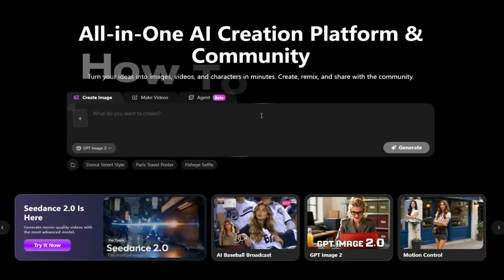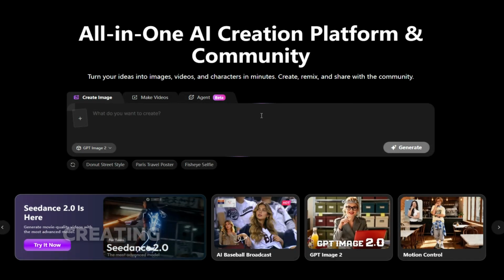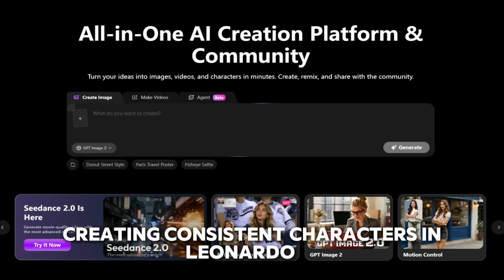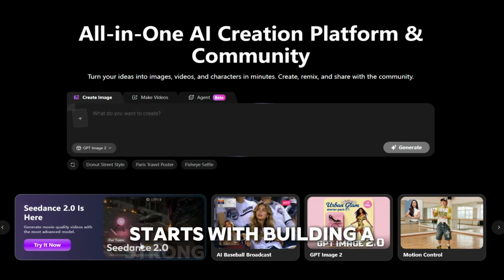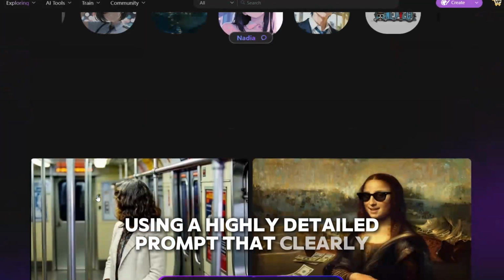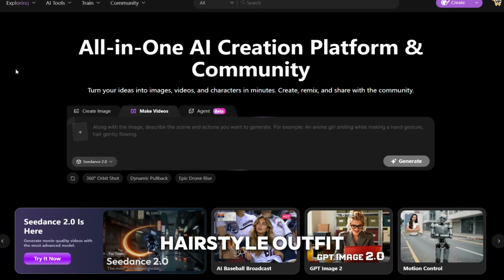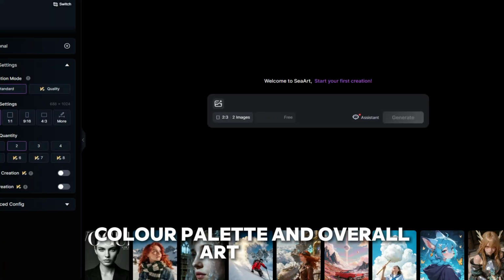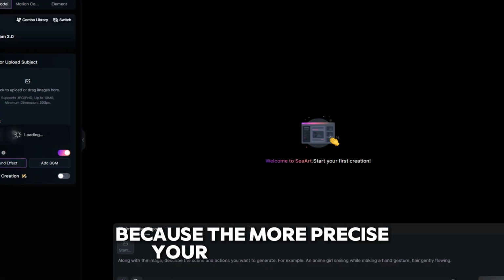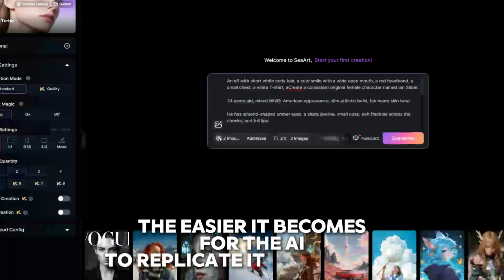Today, let me show you how to create consistent characters in Leonardo AI. Creating consistent characters in Leonardo AI starts with building a strong base character using a highly detailed prompt that clearly defines facial features, hairstyle, outfit, color palette, and overall art style. Because the more precise your first image is, the easier it becomes for the AI to replicate it accurately in